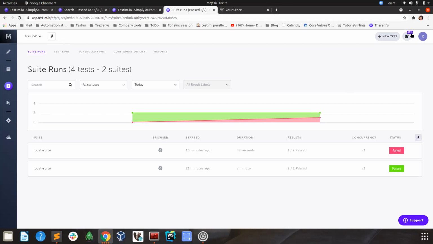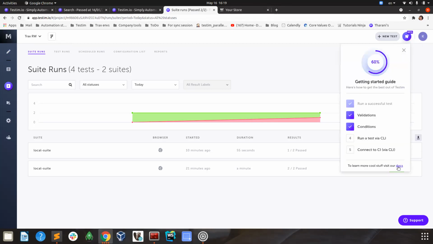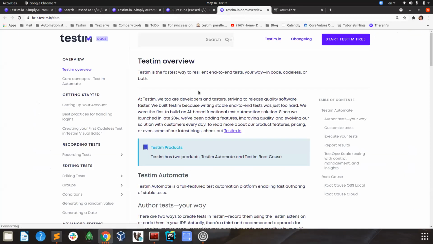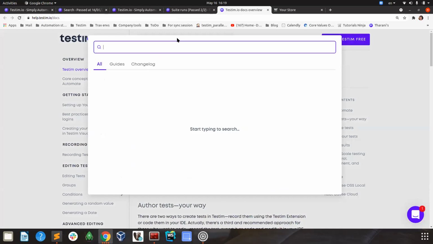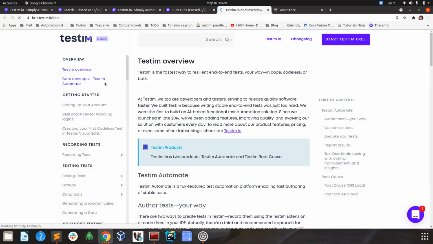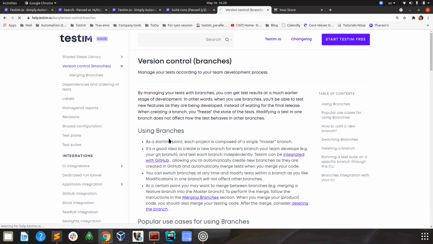Okay, so Testim has really great documentation. One of the best documentations I've ever seen. Very short, very simple, and very up to date. So anything can be looked up here. Let's say version control. Okay, so you can create branches. It explains exactly how you can manage them, how you can